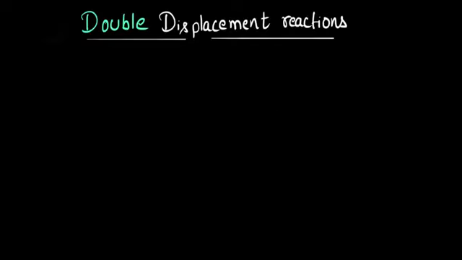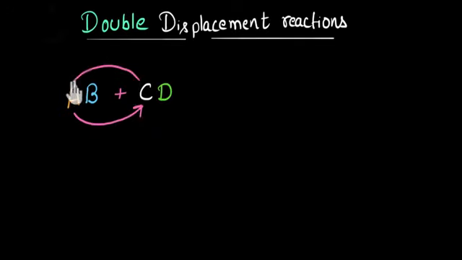Now let's see how to write this in a chemical equation. Here I have two random reactants, AB and CD. If a double displacement reaction is happening here, then the ions are going to exchange position. So in this reaction, A will go and displace C and form AD, whereas C will go and displace A in turn and form CB. And finally our products are going to be AD and CB.